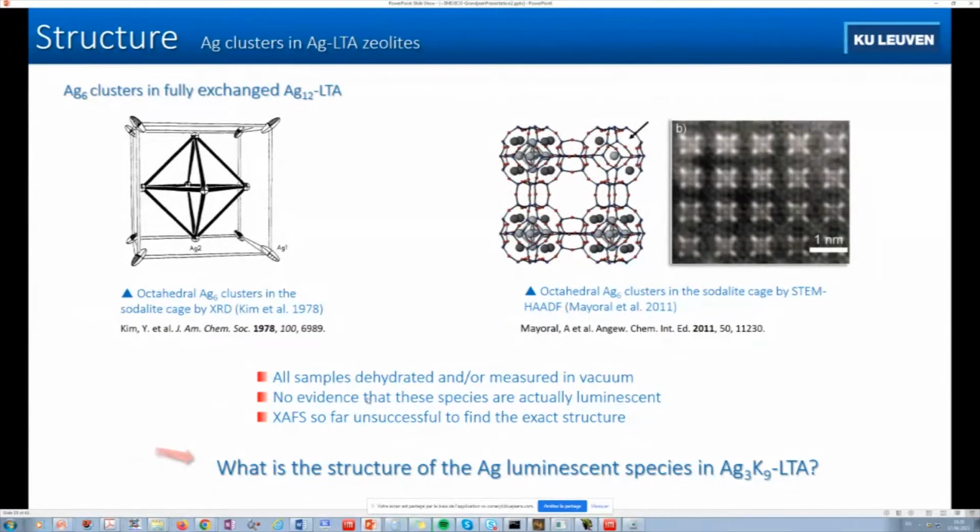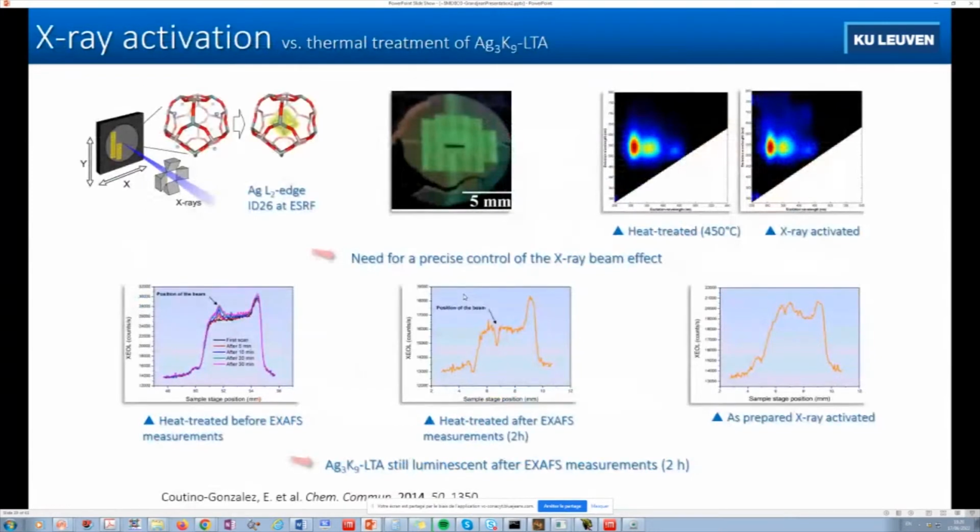But the problem with this investigation, of course, is that you don't know whether the system you are seeing is luminescent. Actually, it might not be luminescent, and you don't know if the system is hydrated or dehydrated. Everything is measured in vacuum very often, and even EXAFS was not very successful because, as you see, you have a lot of different sites, and it's very difficult to find an abnormality. So to try to find another solution to unravel the structure,